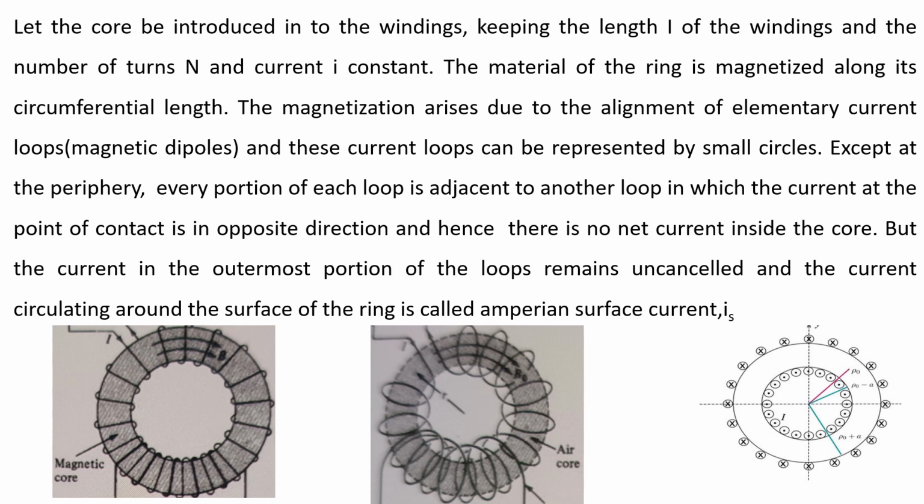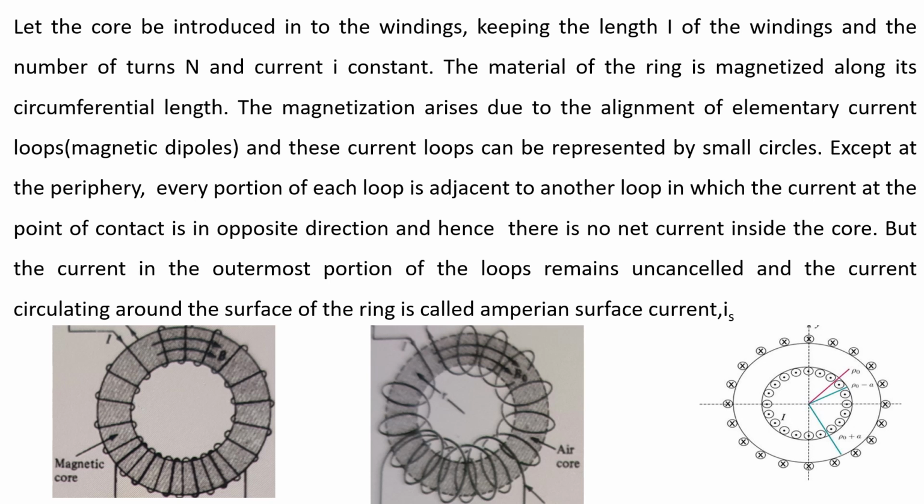That is, when a current flows through a loop, if the current is in the clockwise direction, then it acts as a south pole, and if the current is in the anti-clockwise direction, then it has a north polarity. So depending on the nature of the current flowing in a current loop, we can consider a magnetic dipole. So in the case of a toroid, here in the figure we are giving